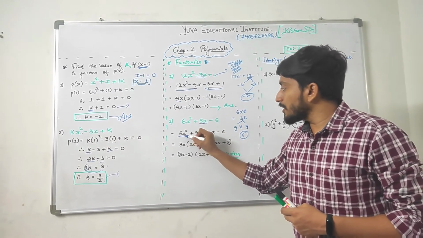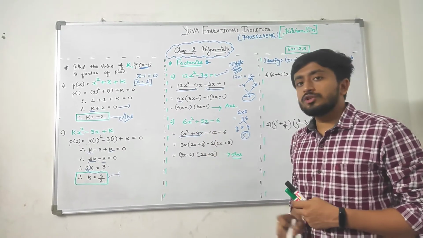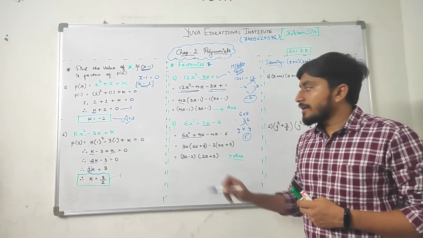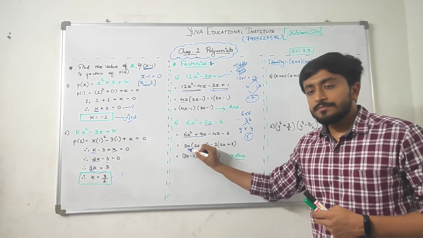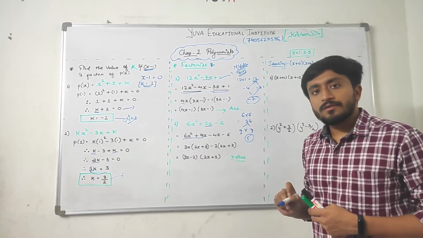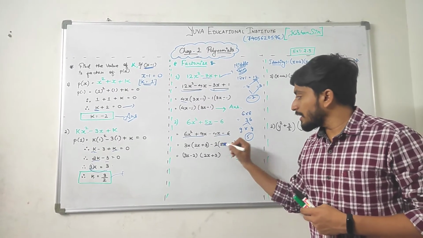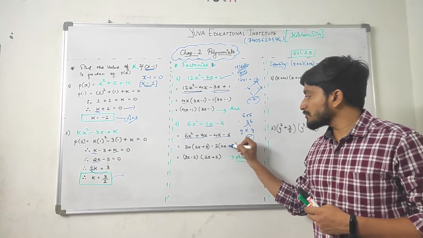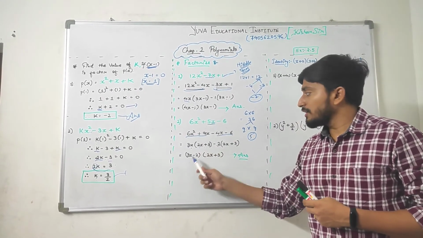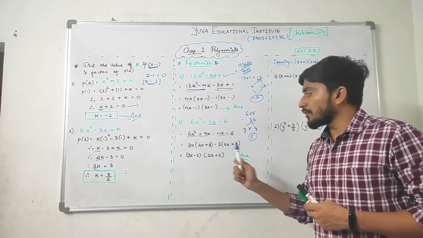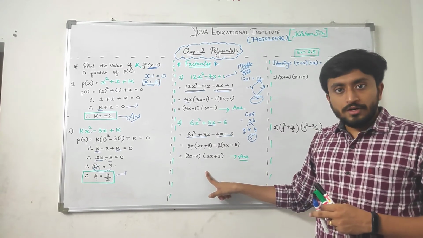The rest are the first term and last term. Now again, take the first two terms. Which things are common? 6 and 9 are both multiples of 3, and at the same time we have x also common. 3x is common, leaving 2x plus 3. On this side we have 2 common. Take out 2 and you will get 2x plus 3 inside. And the rest you will get 3x minus 2 as one factor, and another is 2x plus 3. Okay. So such a factorization method is also clear to you, right?